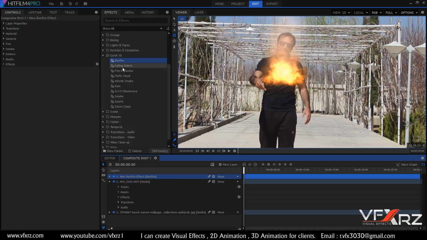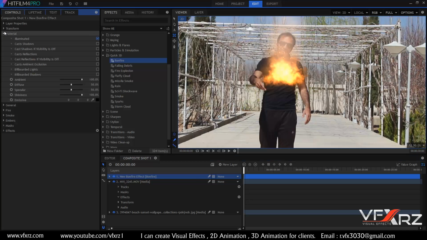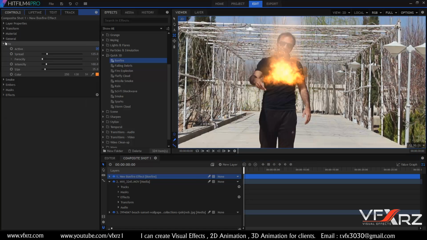I will create a multi-tutorial about this Quick 3D, rain, or bonfire, or for example smoke, and other things. I will teach you how you can use this effect. For example, here is fire, and in material you can change the material, or here in fire,